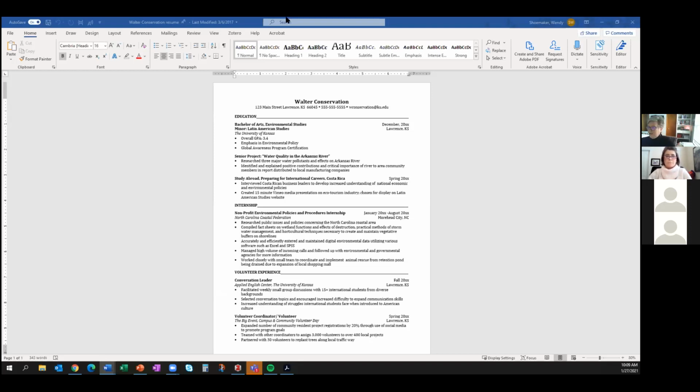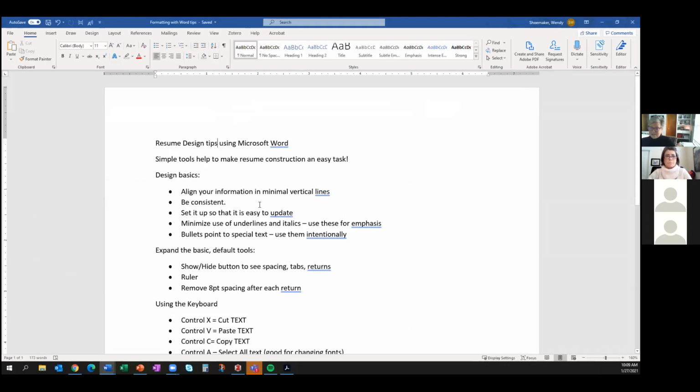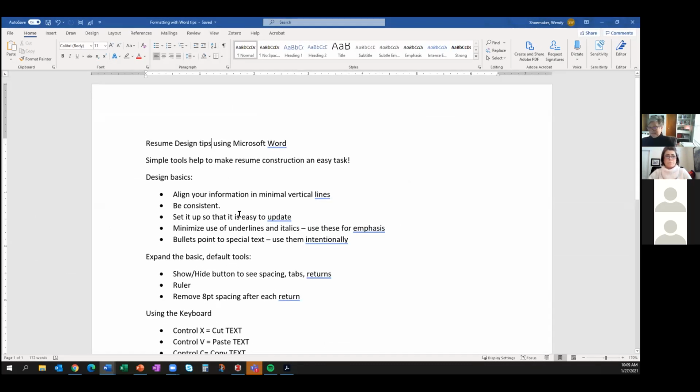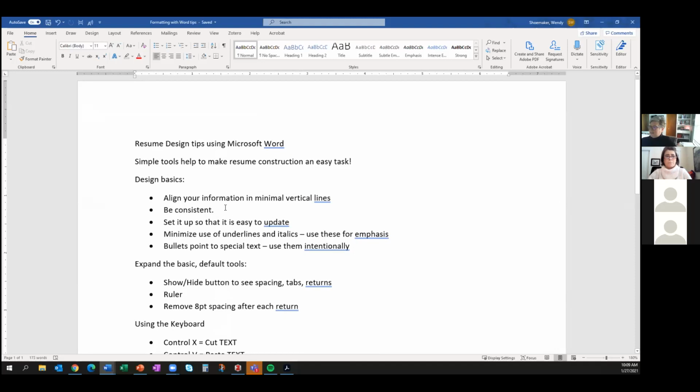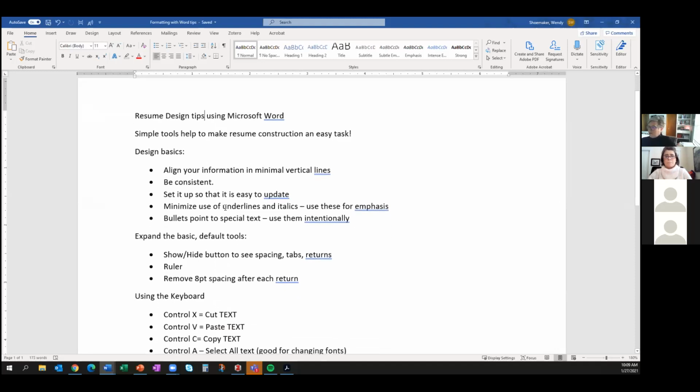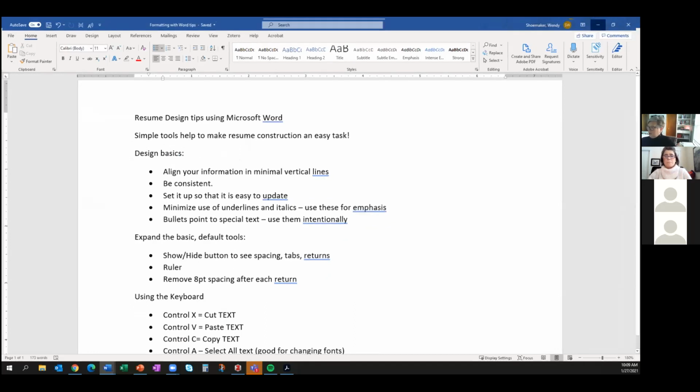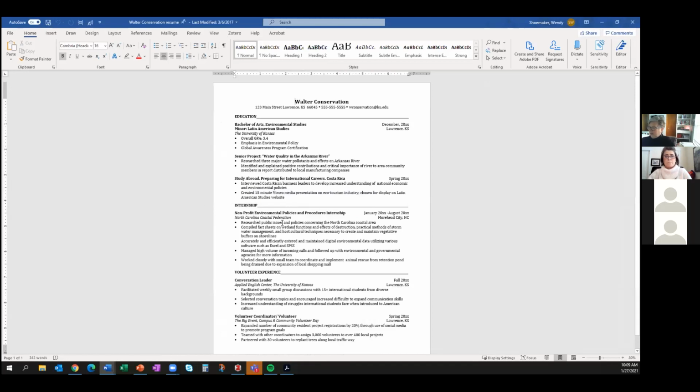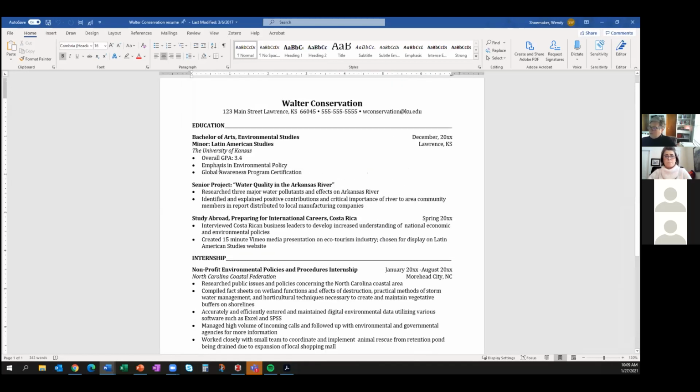All right, so I'm going to pull a document over here. It's just straight up Word. So I told you, it's simple tools to make resume construction an easy task. The first thing we're going to talk about is design basics: how to align your information in minimal vertical lines. Let me show you again. I'm going to expand my screen here. And what I mean by that,